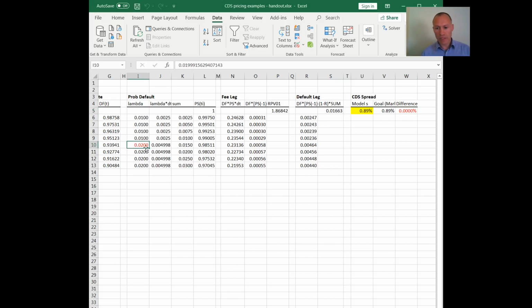So this is the lambda for the second year, all right? So notice the second CDS is using a 0.01 lambda over the first year and then a 0.02 lambda over the second year, right? And that's the result I need to match the market, all right? So going back to the handout,